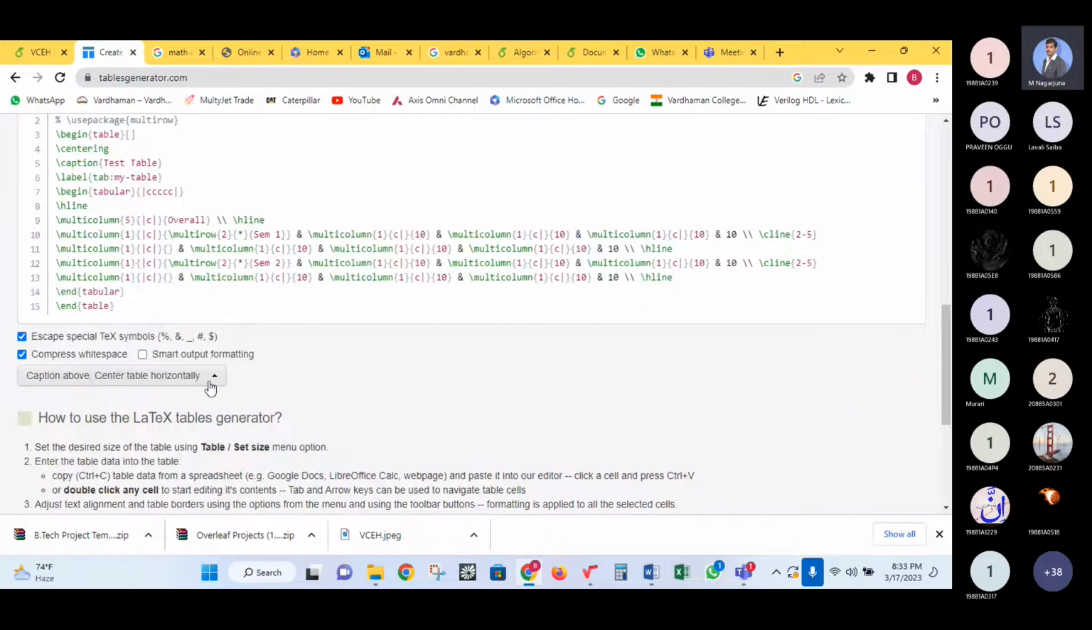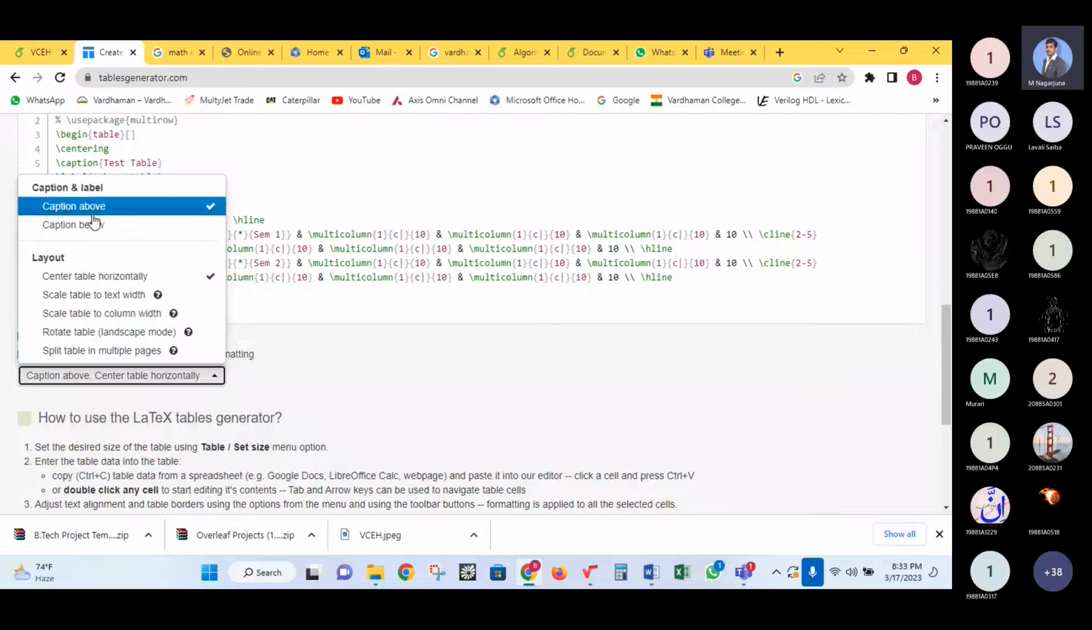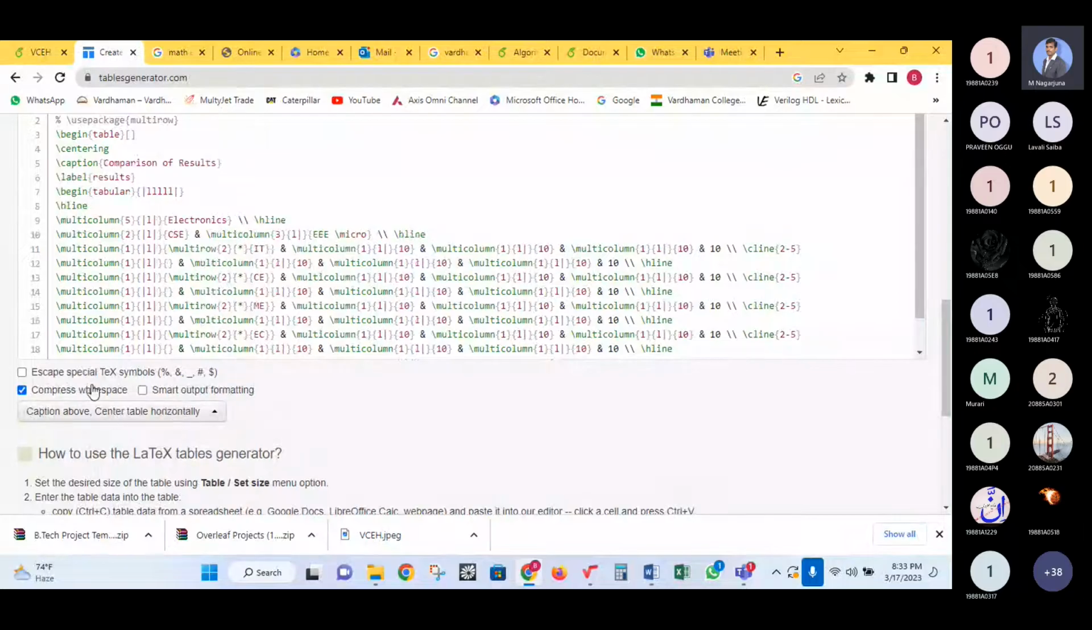So caption above. Where is the caption? Remember, the caption of the figure should be at the bottom of the figure, and the caption of the table should come above the table. So select caption above and center table horizontally, because the table has to be placed in the center. You select these two only: caption above, center table horizontally. After selecting this,